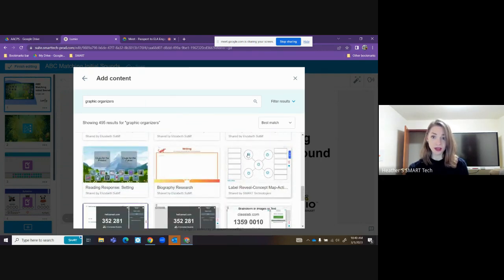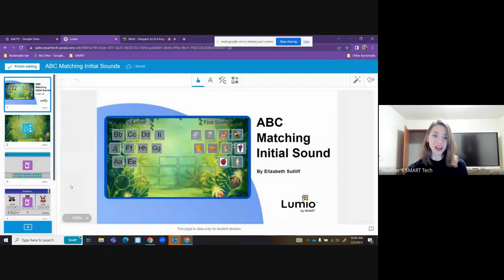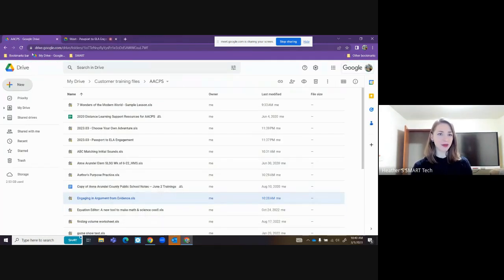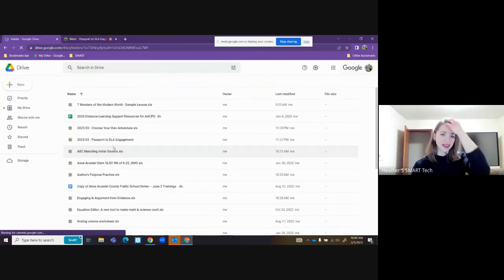Label reveal concept map. Ooh, that's a fun one. Okay. All right. I'm going to go ahead and put sample at the front of this so that I know what this is. And just to sort of prove the point, when I click finish editing, I close my Lumio tab. I'm going to refresh this Google Drive tab. And we should